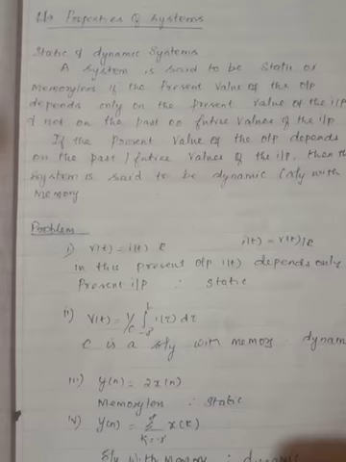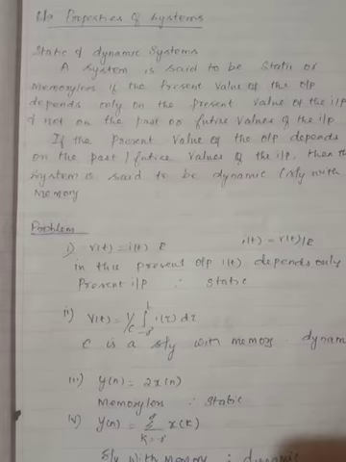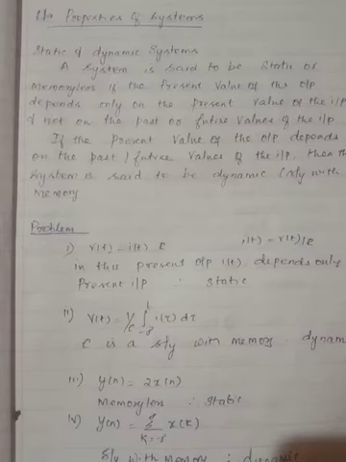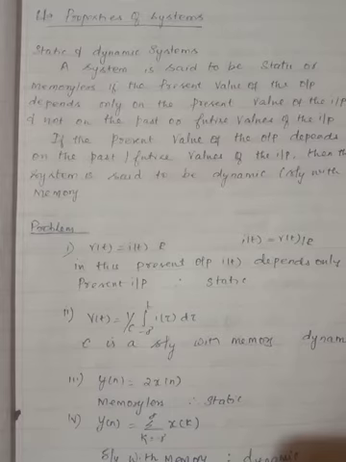Hi students, in the last class we discussed signals, the classification of signals, and the various operations that can be performed on a signal. The next topic is the system. We have already discussed that a system can be defined as a device, process, or algorithm that manipulates one or more signals to accomplish a function, thereby yielding an output signal.